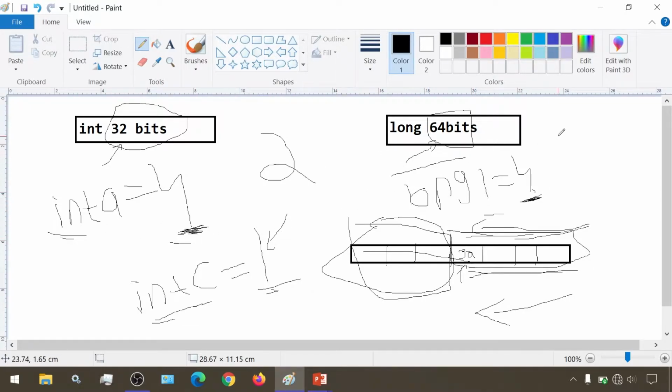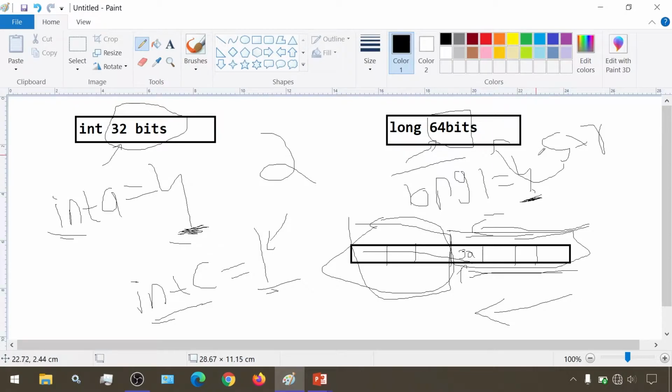But if I have a string variable and I try to assign it to a long variable, that won't be possible, because string is to store string or character data and long is to store integer data. So we cannot convert from string to long. This conversion won't be possible.